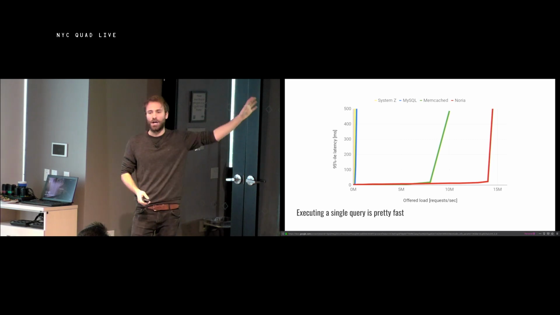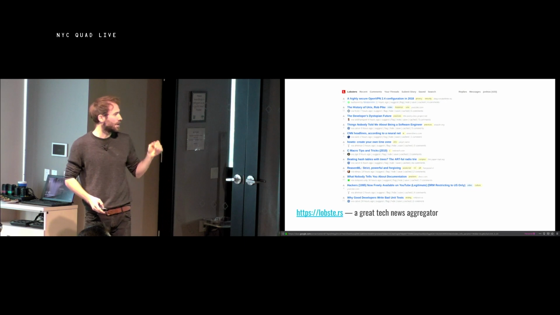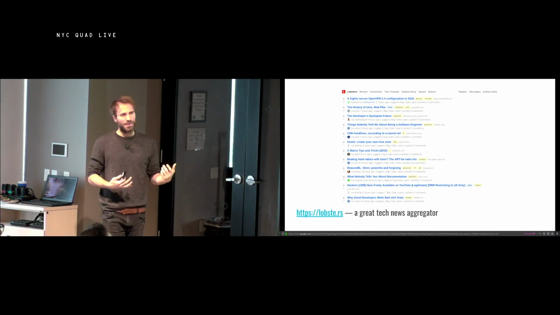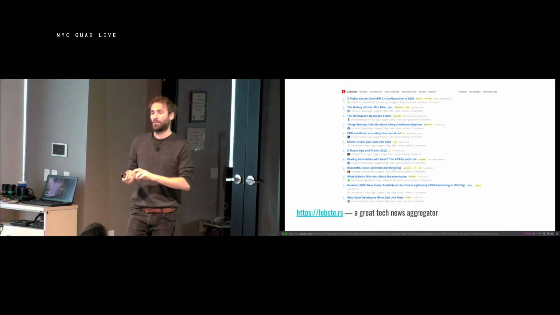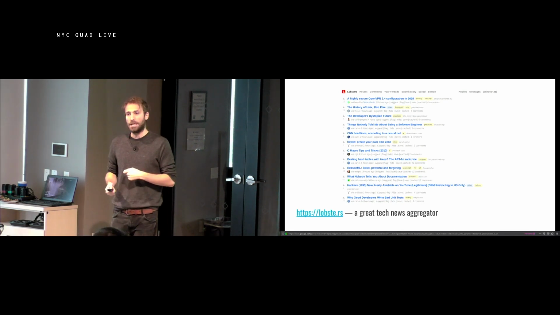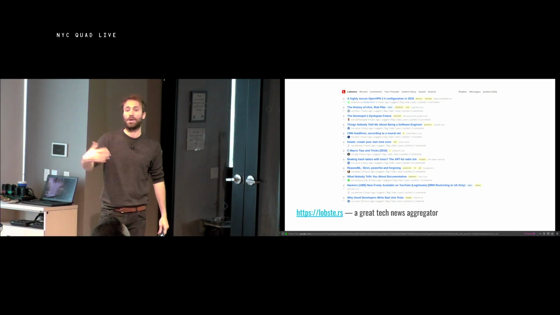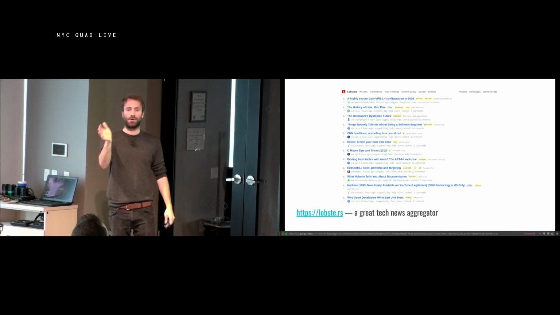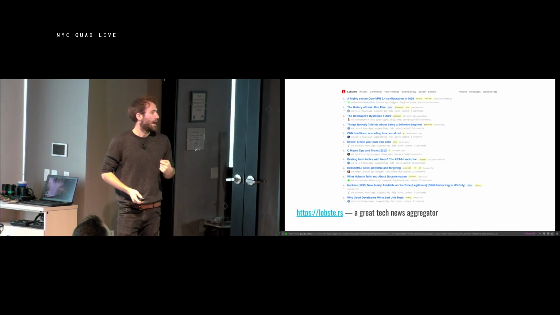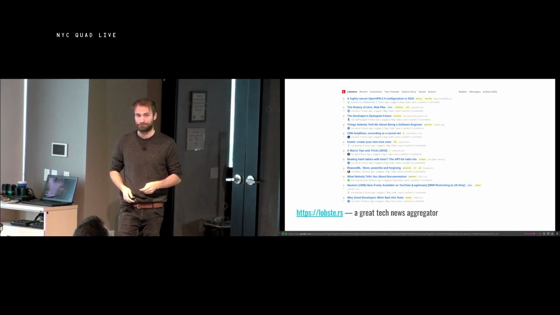So let's look at something that's not as micro as this. This is still pretty micro. It's a single query. So what we did was we took the Lobsters website, which is like Hacker News. The difference is that it is open source, and we were able to get production traffic traces from it. We took those, and we built a workload generator that emulates user requests. It loads different pages with the same kind of distribution as you see on the real workload. And then we issue the same queries as loading that page would have issued.